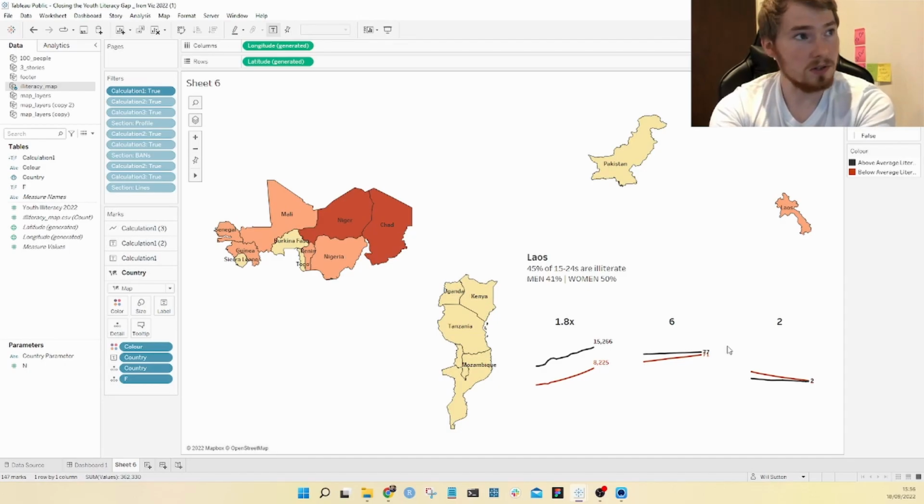This is not something you would typically do. You would build out the different sheets and then float them on the dashboard, as we have done with other data points. But because this is Iron Viz and you're under a time limit, I was able to build this using map layers because it would save me that time.